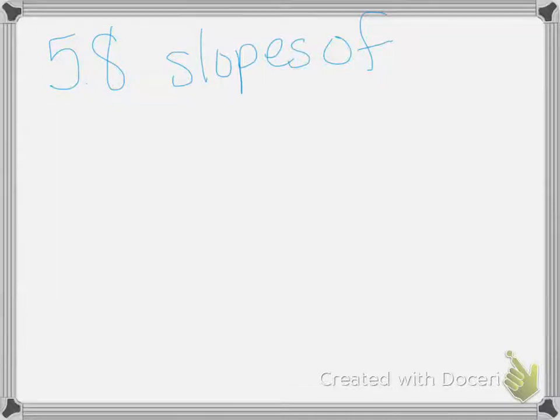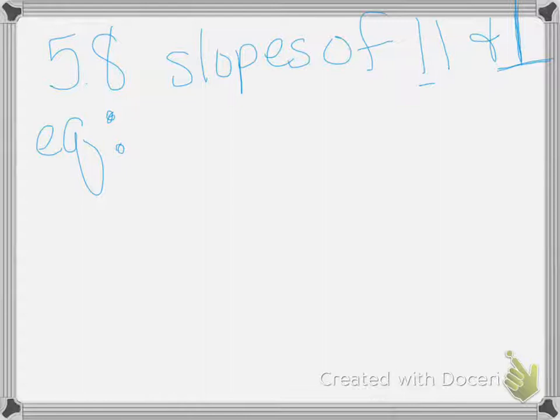All right, these are your notes for 5.8, slopes of parallel and perpendicular lines. Those are your shortcuts, so you don't have to write out parallel and perpendicular. This one's parallel, and the second one's perpendicular lines. Your essential question